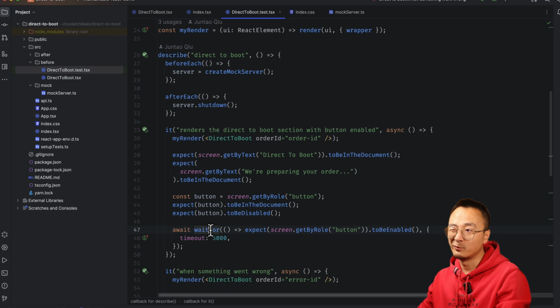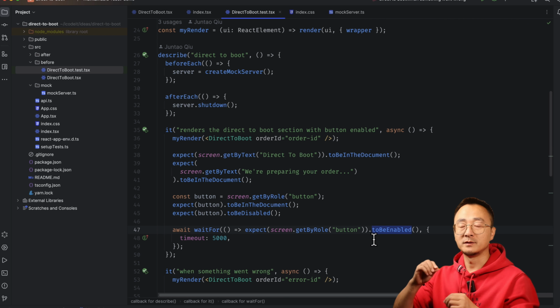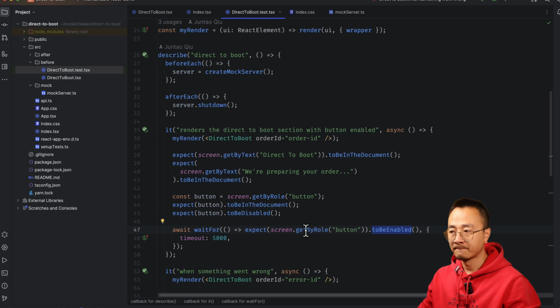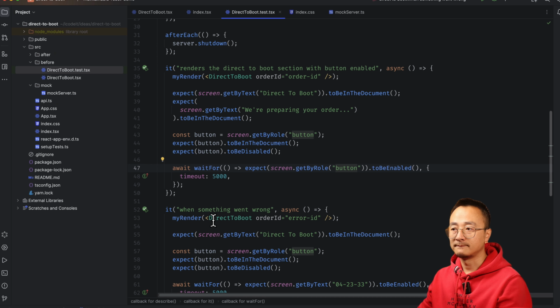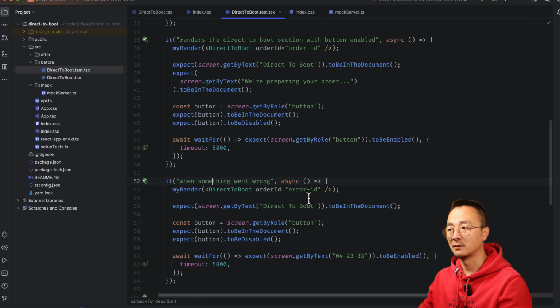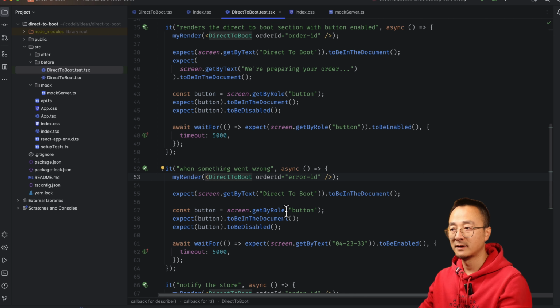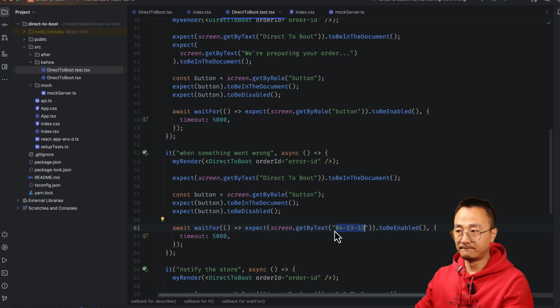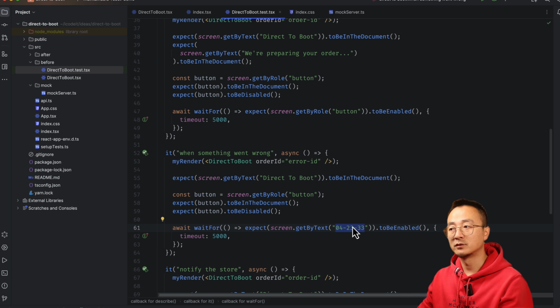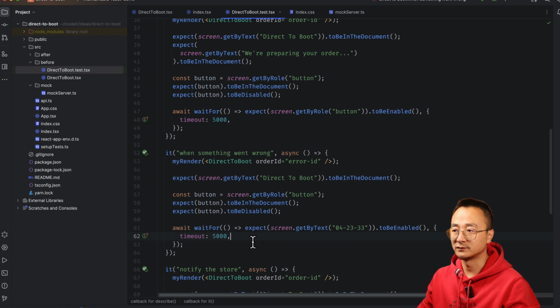And we'll wait for a little bit longer until the button is enabled, because when the network is resolved, the button changes to enabled. We also have another mode, called error ID, for when something goes wrong. We have a similar structure here. The button is disabled by default, and then an error shows up. In such a case, the screen will have a phone number instead, so you can click and call